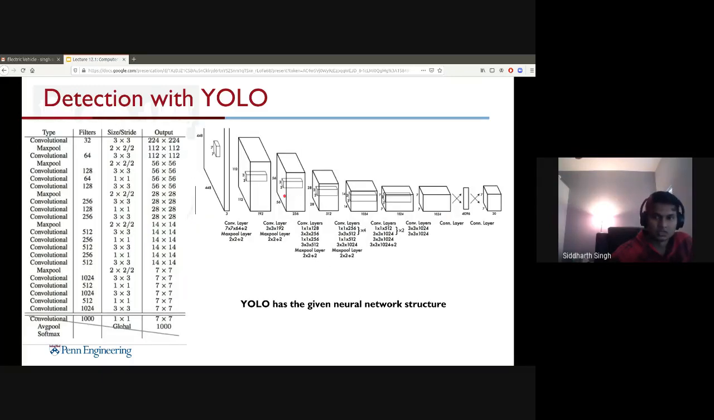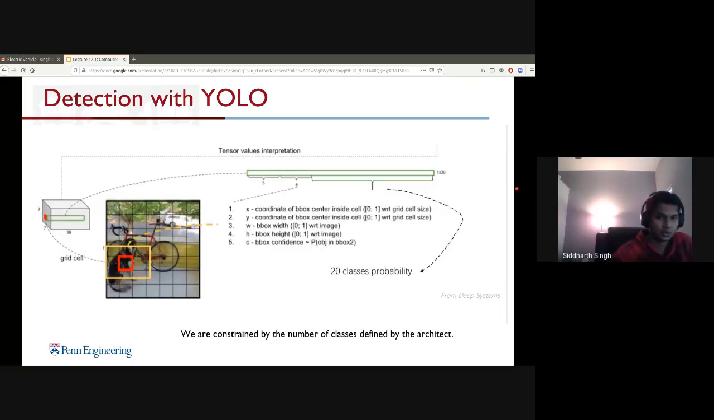So in each of those 7 by 7 by 30, with each 1 by 1 by 30, what is going on, right? The first 5 channels, what we call the cells in machine learning. In the first 5 channels, say the bounding boxes proposed were 2. After regression, I proposed 2 bounding boxes. So the first 5 are for the first bounding box, the yellow one,